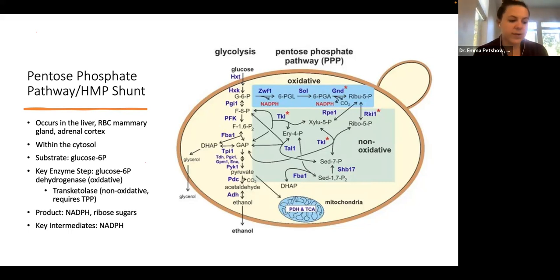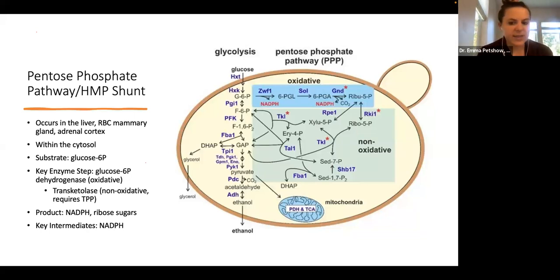So glutathione reduction inside red blood cells, fatty acid and cholesterol biosynthesis. So it's a helpful product to have. And so this is part of how we can generate NADPH in the body. It also gives ribose, which can be used for nucleotide synthesis. So that is also an important thing, because we need nucleotides as our backbones for our DNA.